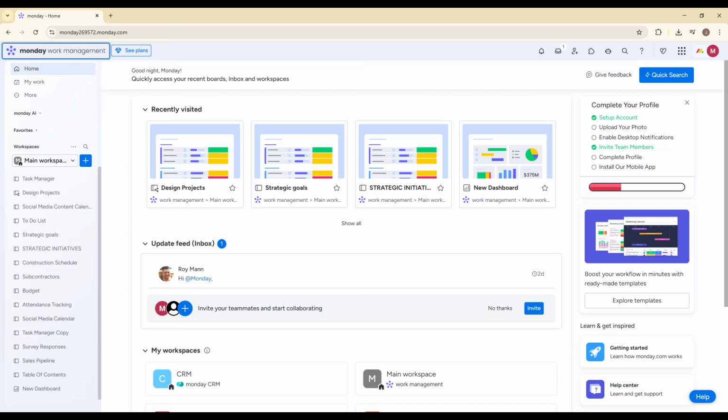In today's video, I'm going to show you exactly how to use AI Vibe and Monday.com to turn your ideas into fully structured workflows and apps in just a few clicks. If you've been looking for a faster way to build boards, automate processes, or organize projects using AI, this is going to be a game changer for you. I'll walk you through everything step by step so you can start using AI Vibe confidently, even if you're completely